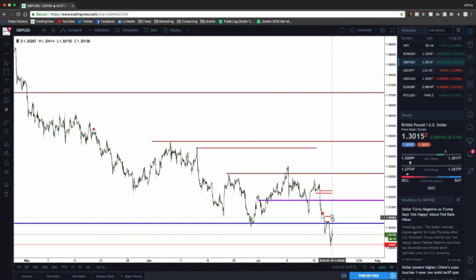So where would they likely go? Back up here. Look at all this money that's just up here. All of this white space up here is just a ton of money from above all of these highs. Each high has stop orders resting above it, and that's where the market is likely going to want to go,